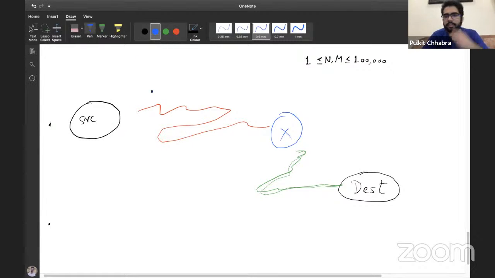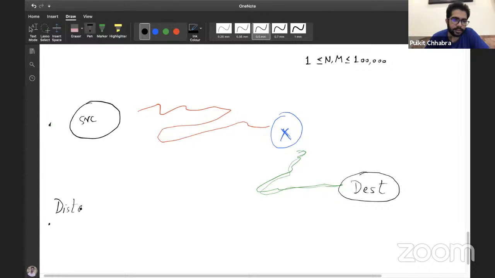All right, so let's say, now pay attention. We are starting from the source node. Let's say we visit a node x. This x node is an arbitrary node. I don't know what this x is going to be, so it is just a variable. Let's say after x, I start traversing through only green edges. What I am trying to tell you here is, for this particular general case, let's try to calculate what the distance will be.